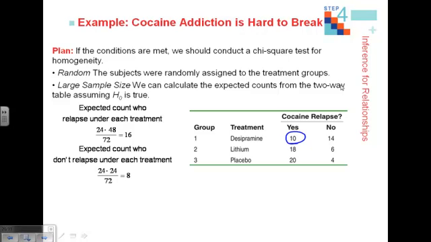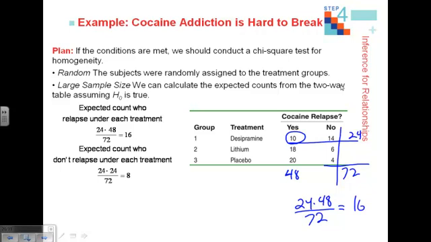It took the row total of 24, the column total of 30 plus 18, that is 48, and the table total was 72. So it said 24 times 48 divided by 72, and that ends up being 16, or the expected number